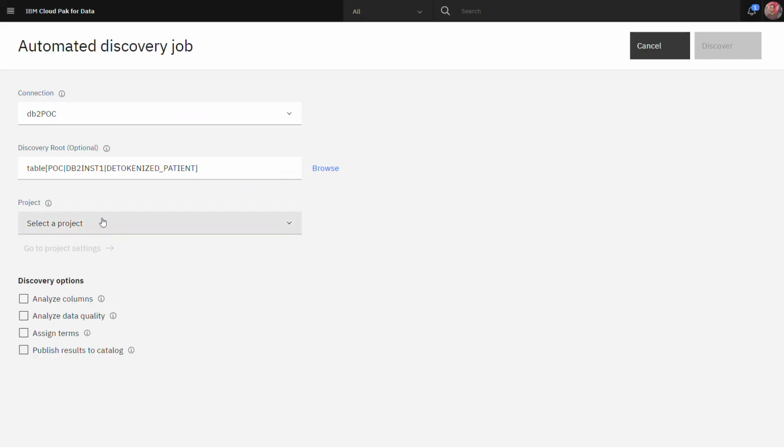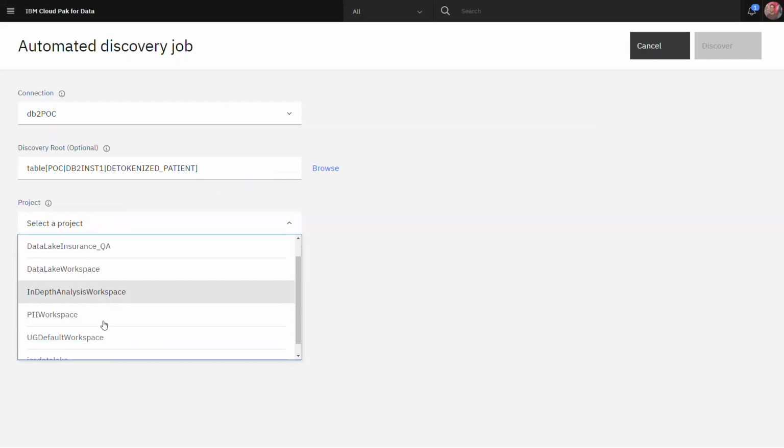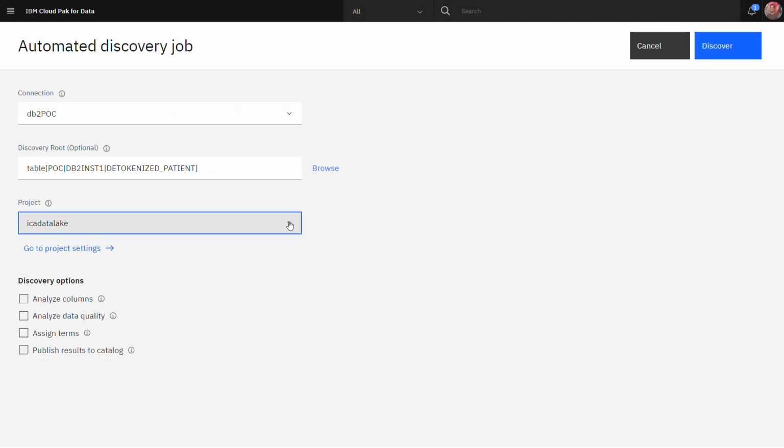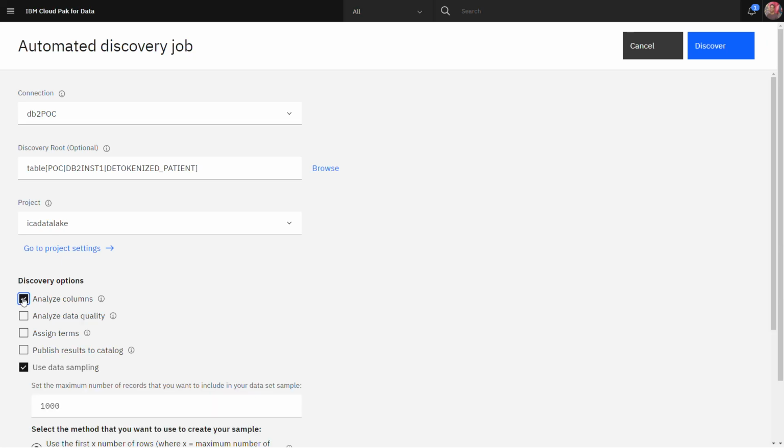And then the end result of this can be stored in a particular project. Now we can also specify things like, as part of the discovery process, whether it should analyze each and every column of each and every table, and if it does that, we can choose to specify some kind of sampling criteria if the table is huge. In addition, we can specify whether it should also analyze the quality of the data and compare the completeness of the data